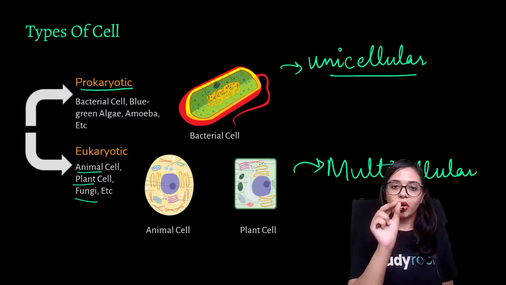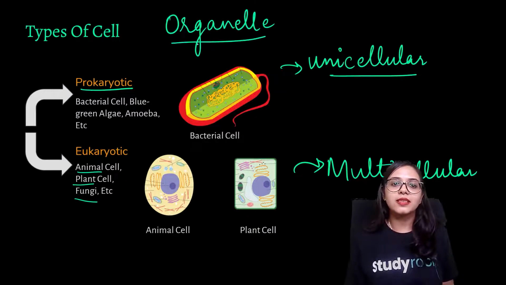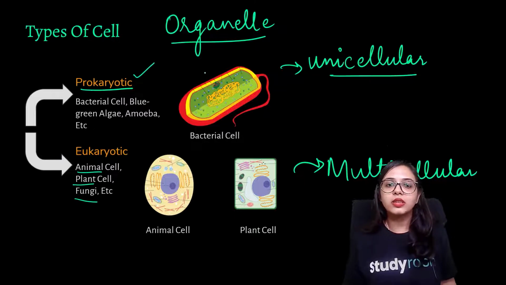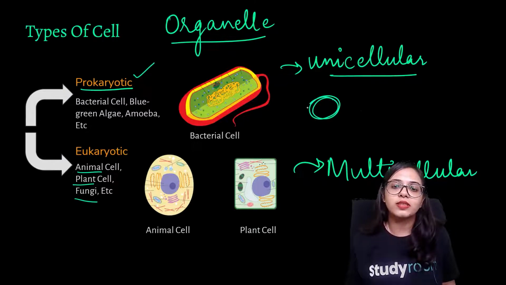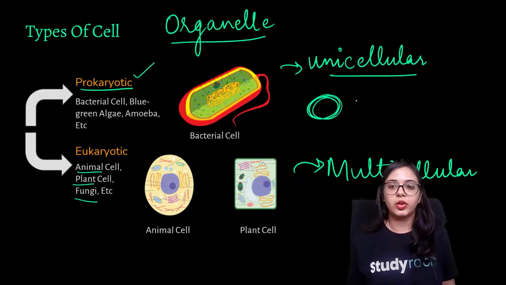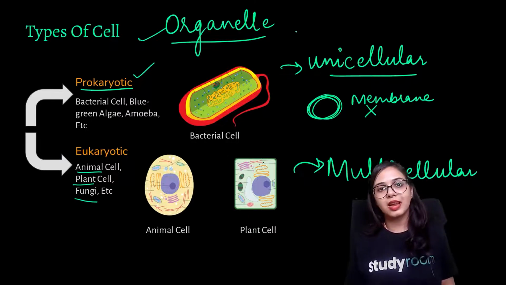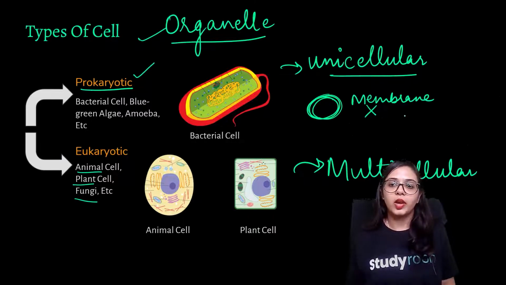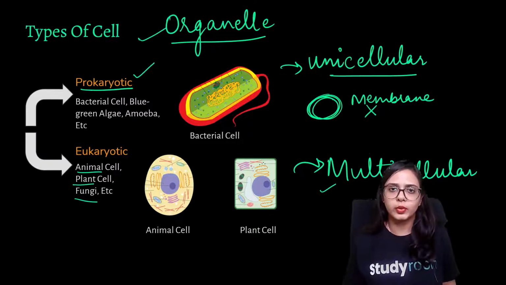the entities, the organelles that we say, the entities that are found inside the cell, we call them organelles. Okay, so the organelles inside this prokaryotic cell, they are not membrane bound. That means they are not covered by, let's just say, a boundary, a thin boundary. Okay, they are not covered by a membrane. Whereas in the eukaryotic cells, these organelles, these entities that we find inside the cell, these are covered by membrane in the eukaryotic cells. Okay, also there is a difference of nucleus, that we have a well-defined nucleus in eukaryotic